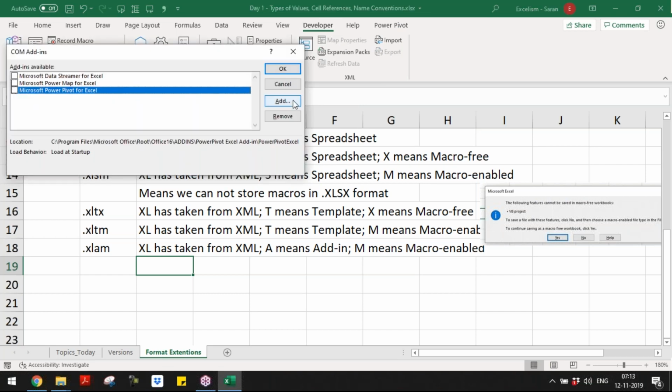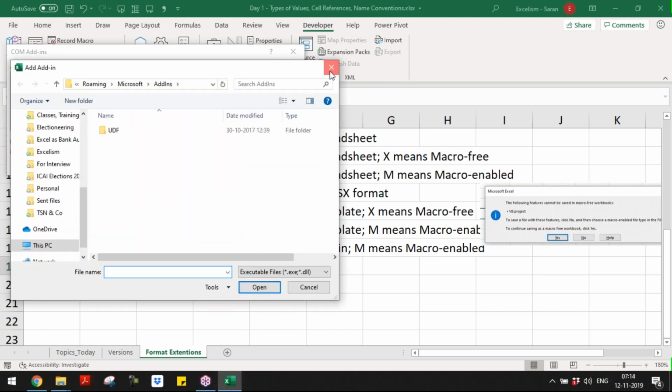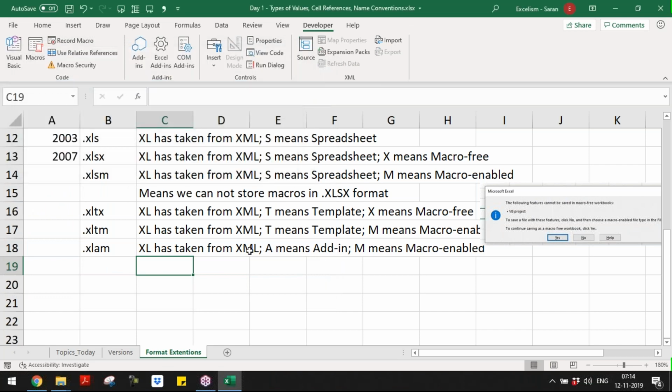And if you want to add from your computer, from the directory, you can go to add and you can get it, as simple as it. This is the way of adding something. I'll cover this elaborately when I go into my macros, and while I am storing the macro, how to store